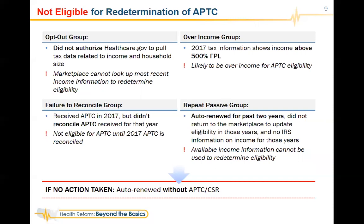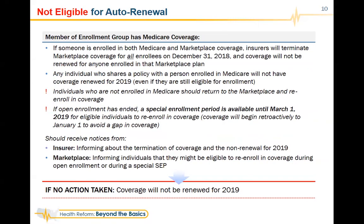It's important to reiterate that people who fall into any one of these 4 groups and who don't take any action are still going to be auto-enrolled into the same plan or a similar plan, but without advanced premium tax credits for 2019. So now we're going to look at a group of people who will not be renewed